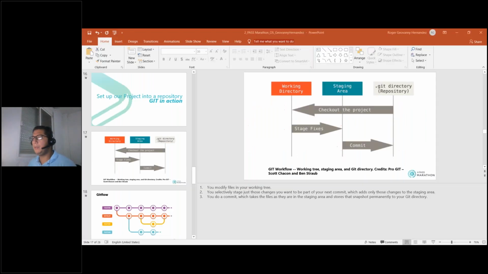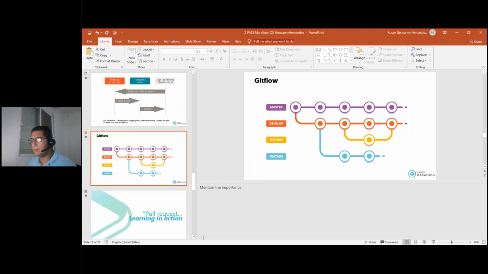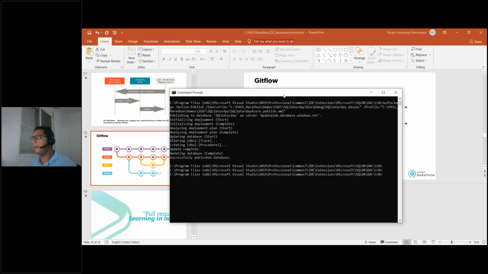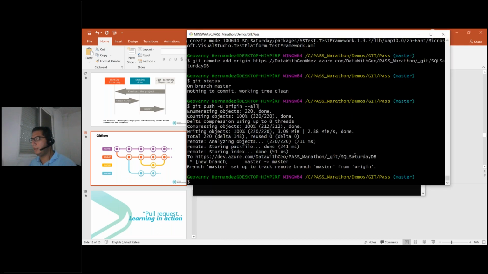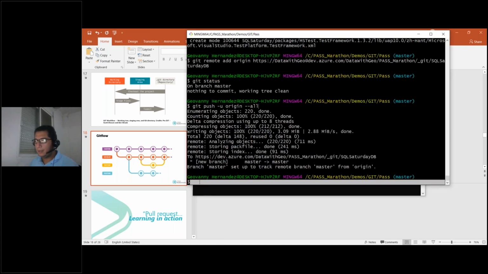But let me show you this through a simple demo. Continue with Git, and the first thing, okay, git checkout -b develop. What does it mean? Basically, you are